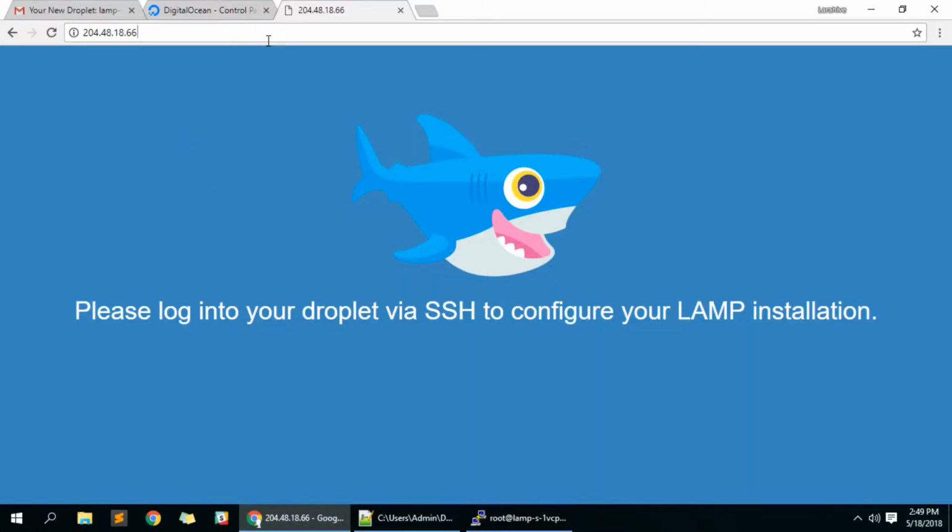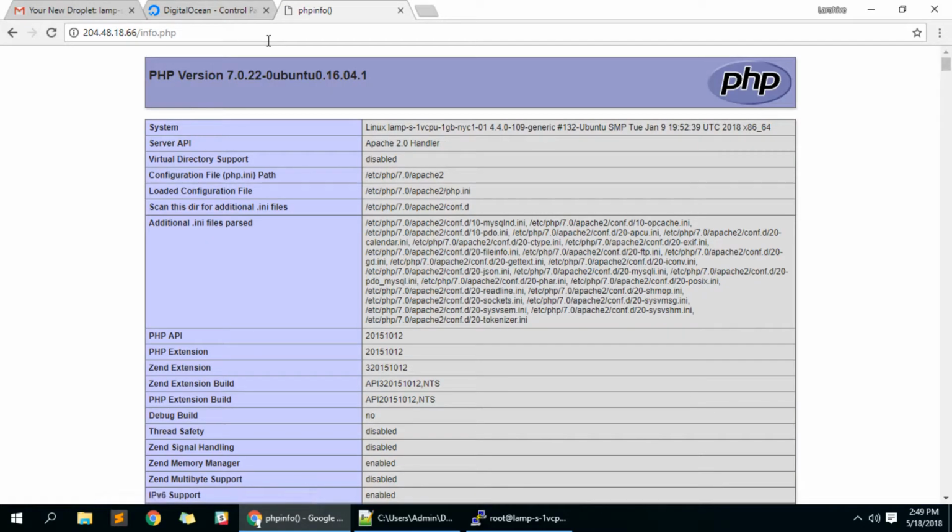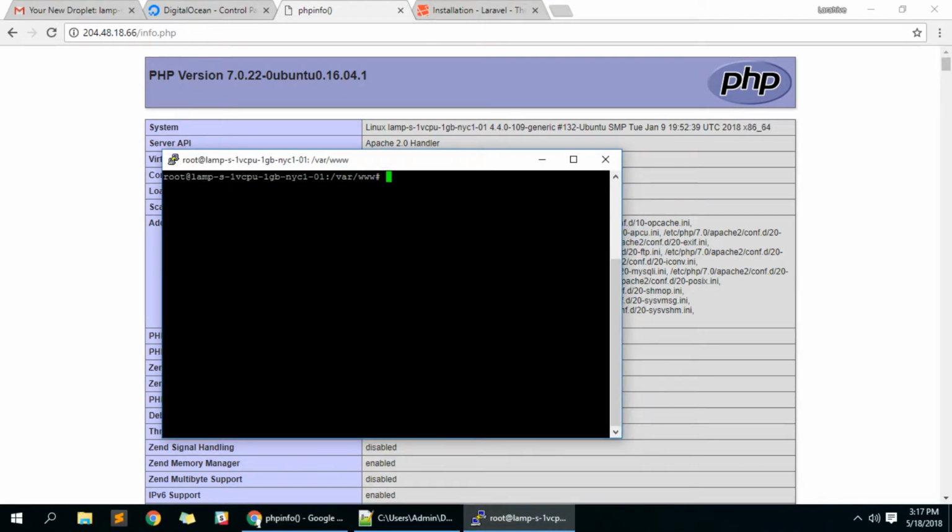Let's try that file. Yes, it's loaded, and it's simply showing the PHP configuration. It has PHP 7.0. Okay, let's try to install Laravel framework. Before installing Laravel framework in our server, we need to install Composer in our server. To install, simply execute this command,